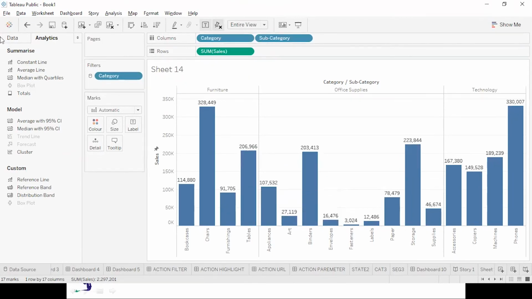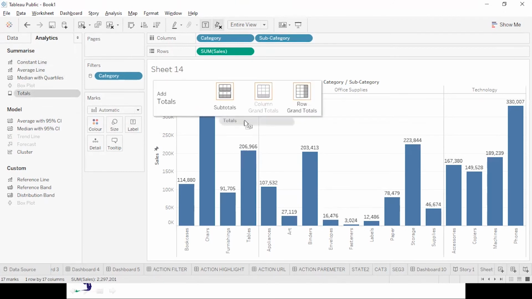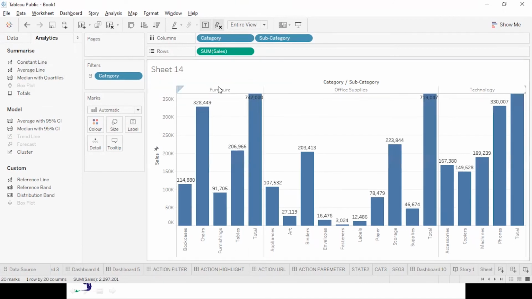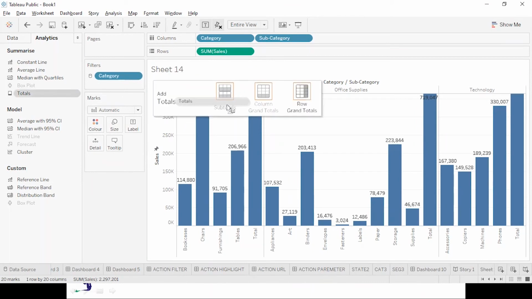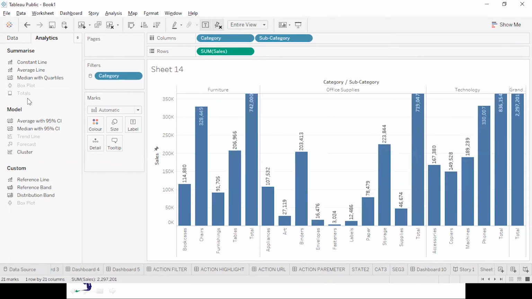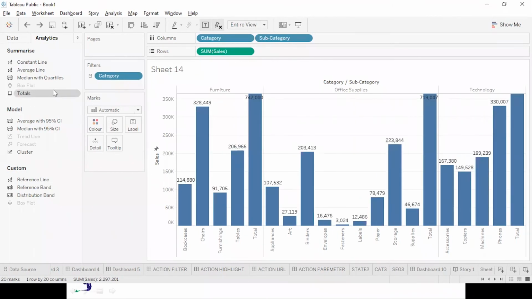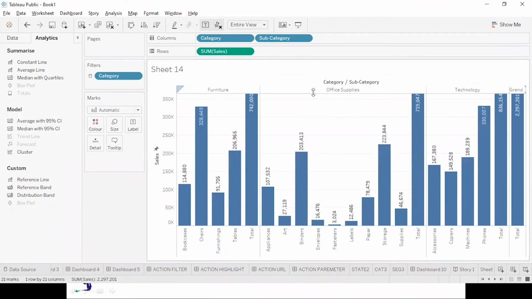Now see, now you take the totals and let me put the totals. Oops, what happened? Control Z. Let me take the total and put a grand total. Here it is.